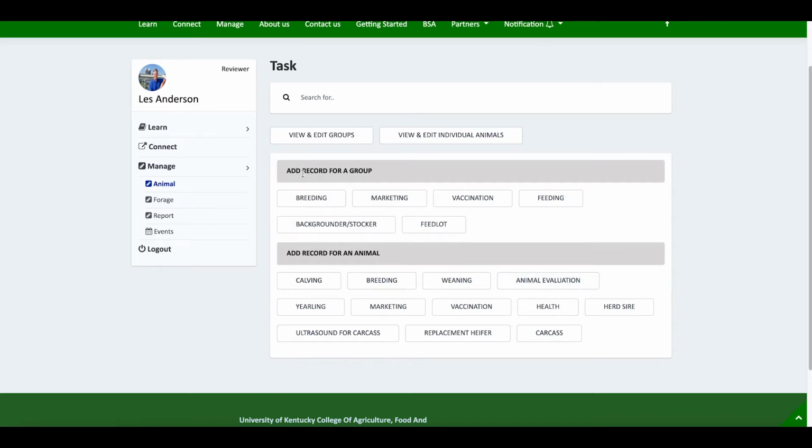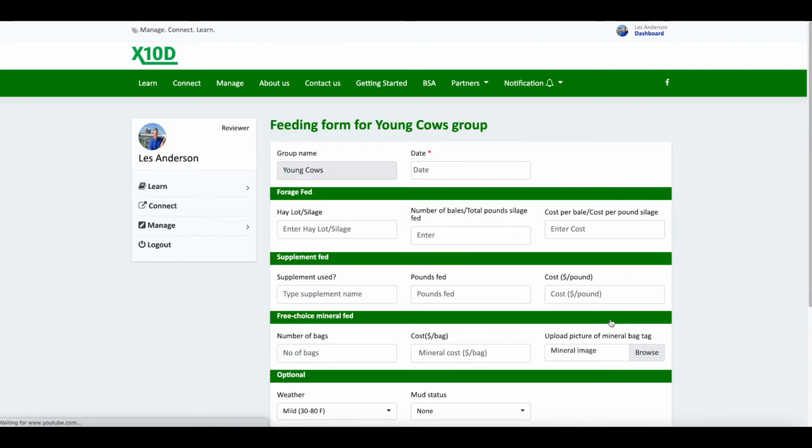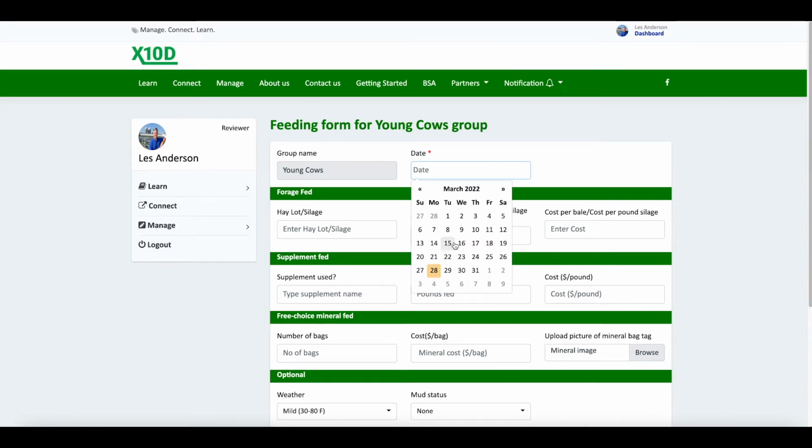And so we mainly manage cattle in groups. And so we have a location, we put them on a farm, we put them in a field, we've got a group of cattle. And so we either breed the group, market the group, vaccinate the group, feed the group, whatever. And so when we're feeding, and I've already got this set up, so we're going to feed this set of cows. Today we fed them